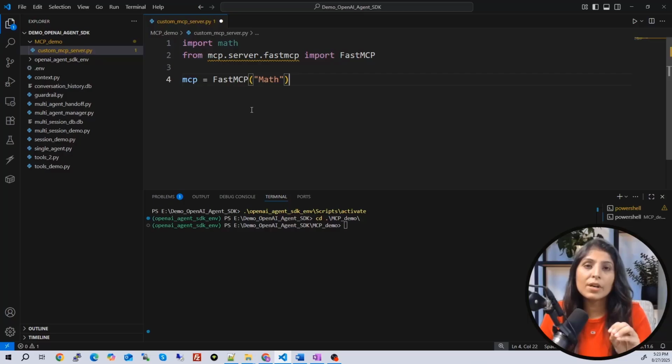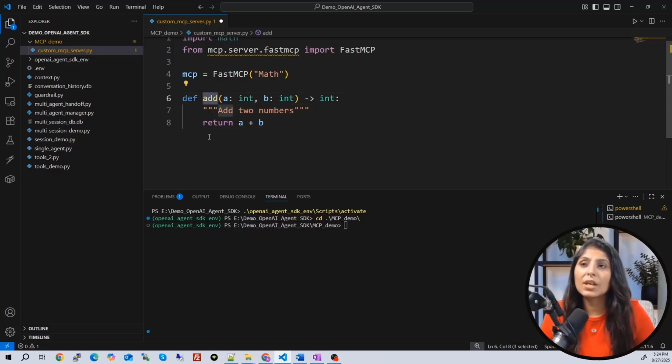So our MCP server is created. Now we need to define the tools. So we will write a few simple tools in it. And guys, tools are just Python functions. The way you write your Python function, in the same way you're going to write the tools for the MCP server. So here we have created a Python function. The name of the function is add. A and B are two arguments we are passing to this function, and the data type should be int, and the output data type should also be int, and this is what this function will return, and this is the description of this function.